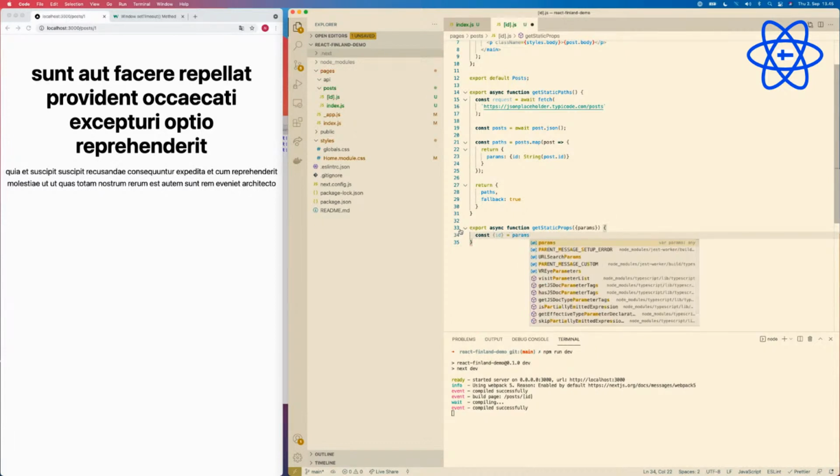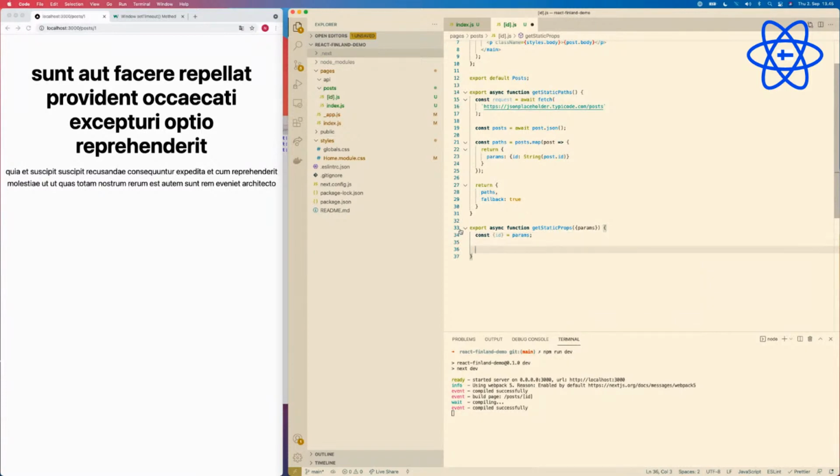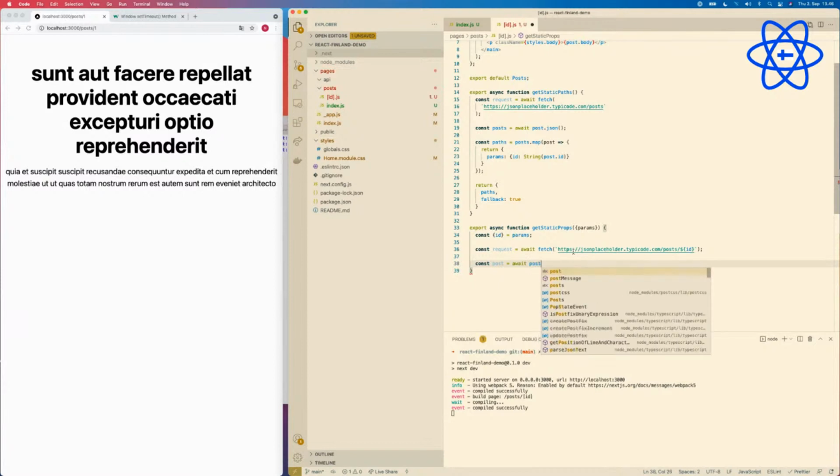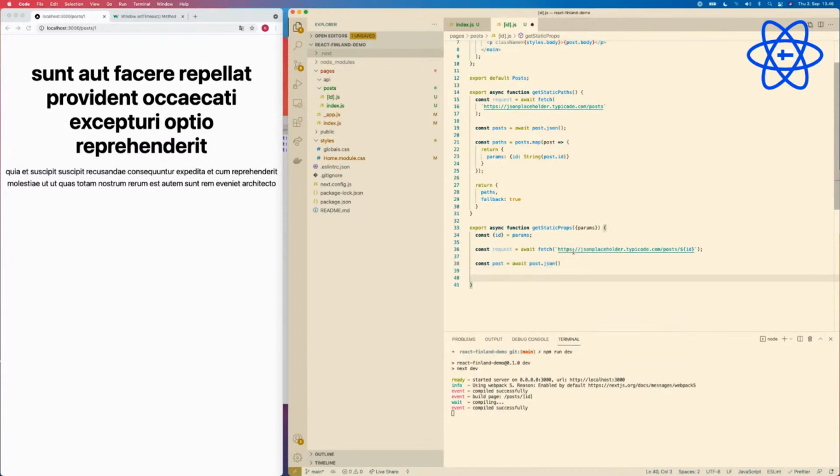On the server side, we are fetching the ID, and then we are going to use that ID to get the product that we want. And then the ID there. And then post, let's wait for it to resolve again, and then return it to our client side.